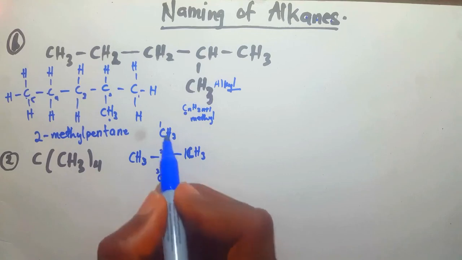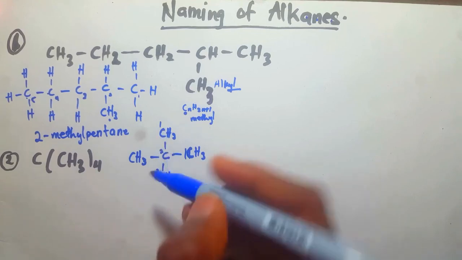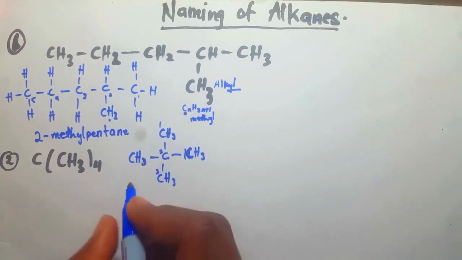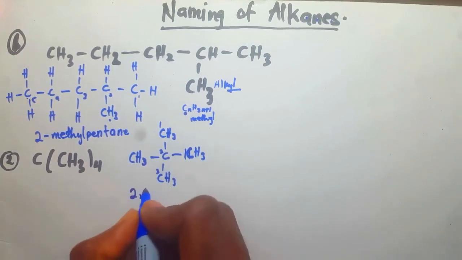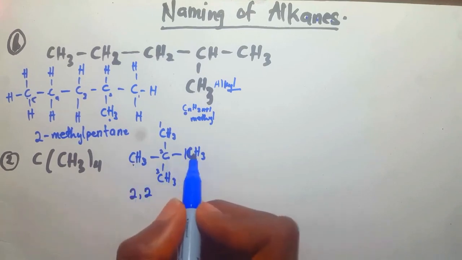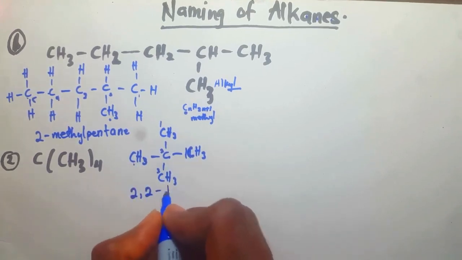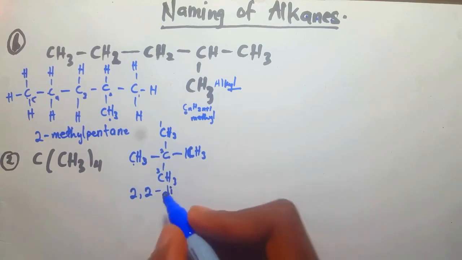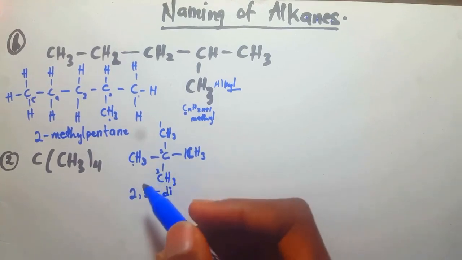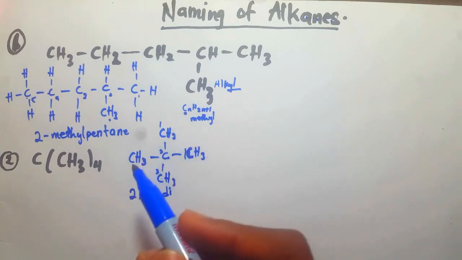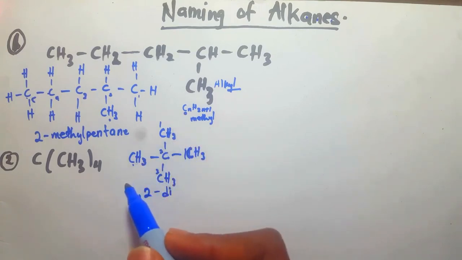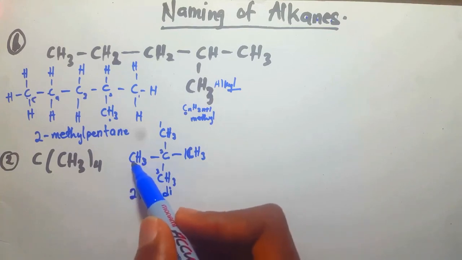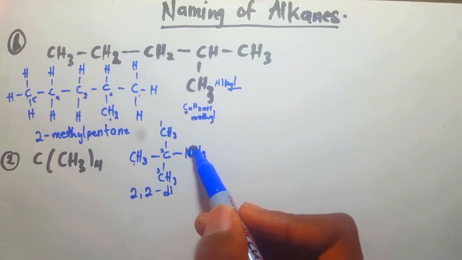This carbon is the 2nd carbon. Counting from up to down, 1, 2, 3, it's on the 2nd. Counting from below to the top, 1, 2, 3, it's still on the 2nd. Since we have 2 substituents, you call it 2,2. Why 2,2? There is one here and another one here. Di. In inorganic chemistry naming of compounds, that's what we met. When you have substituents with the same name, whether they are halogens or organic substituents, this methyl and this methyl, that's when you bring di. 2,2,